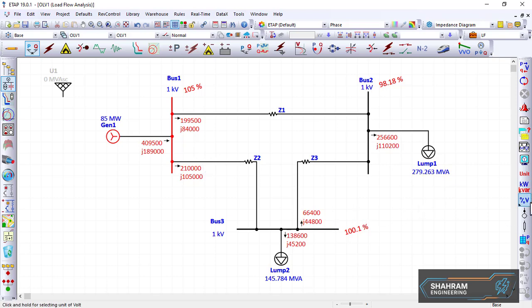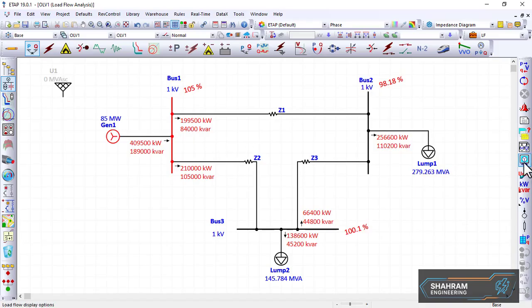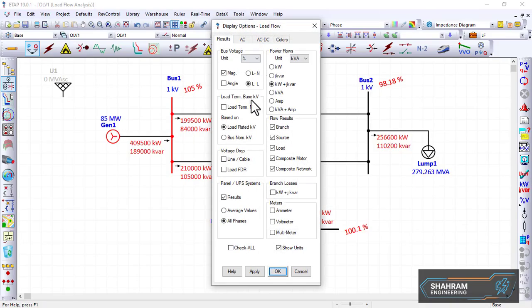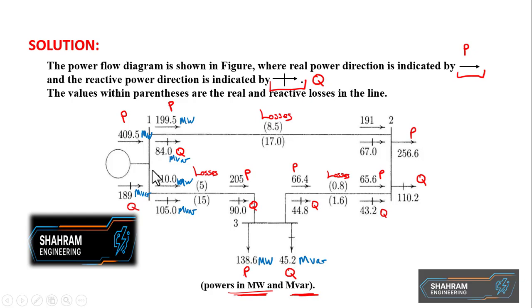ETAP is giving me the file. I can change the units, and remember this here is mega, that's why it's not looking the same. So let me change the unit to mega. Here it is, mega, and then okay. Now I have here for the first power,